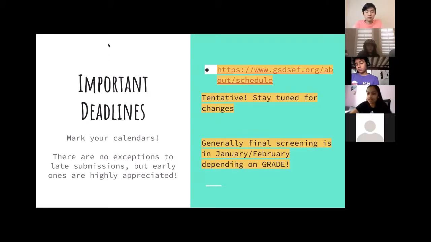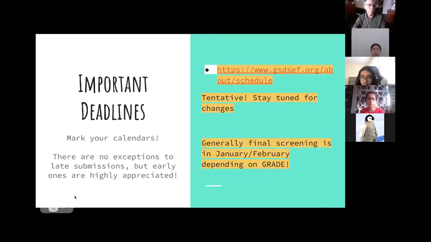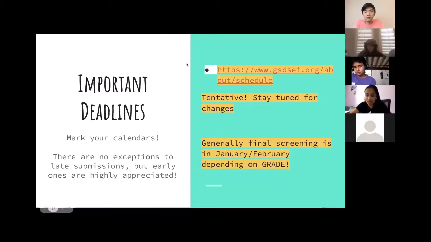Yeah, so there's a lot of different important deadlines for the science fair, and we recommend submitting all the forms and proposals as soon as the portal opens. Right now, all of the dates are tentative, but stay tuned at the GSDSEF website for more changes. And these deadlines are made to be as lenient as possible and are not generally guidelines for where you should be in your project. Because, for example, we know that most students should try to start their projects as early as September